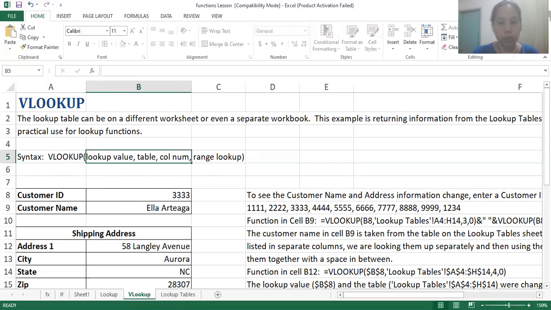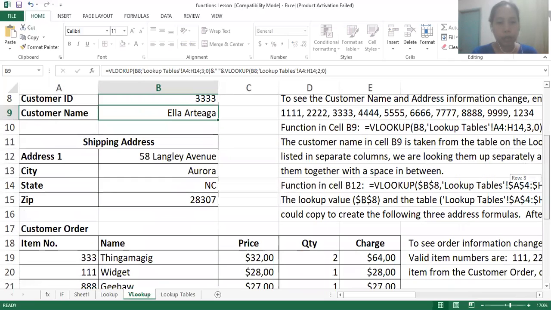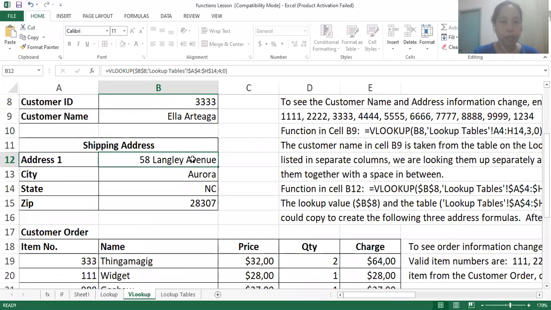So we have here an example. Customer ID is 333. Customer name is Ella Ortega. Then our shipping address is this one and this one.